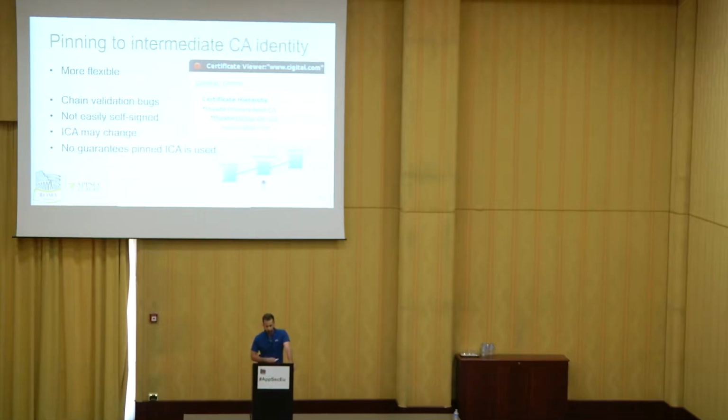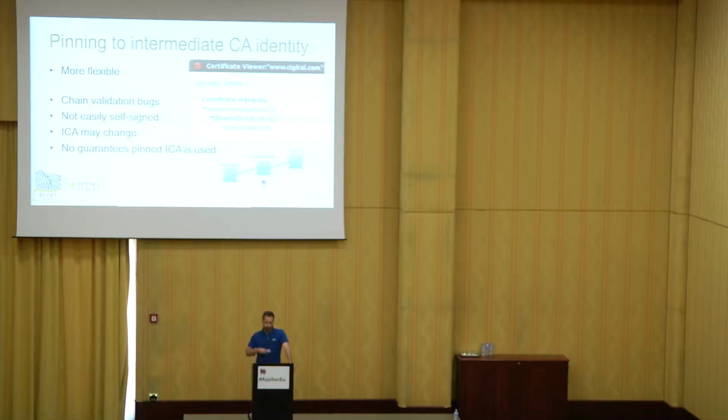Another option is intermediate, pinning to the intermediate certificate authority. This allows you some flexibility because you don't need to update your pins all the time. It exposes your implementation to any chain validation bugs that may exist. There are problems with this approach, and there are serious problems. The problem is that intermediate certificate authorities change. So say that you have a certificate from VeriSign. VeriSign signs an intermediate certificate authority, and thus the intermediate certificate authority